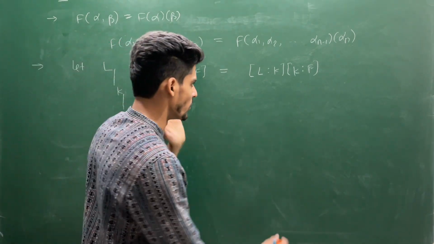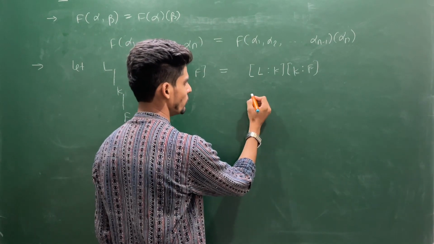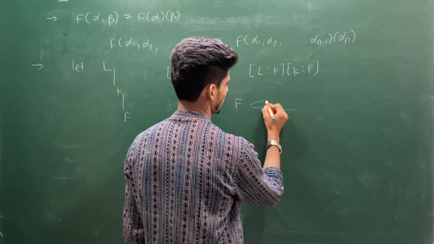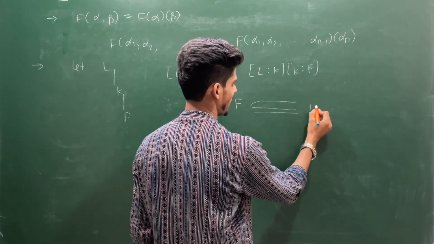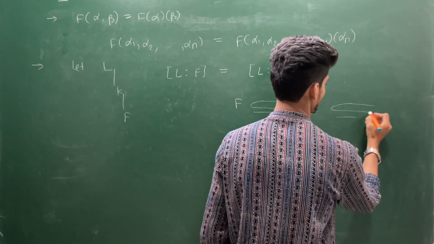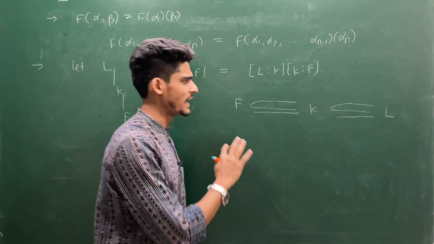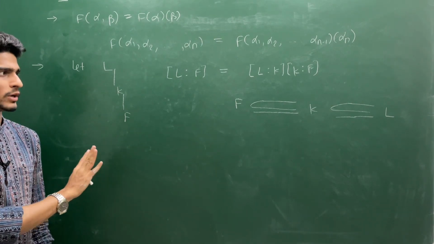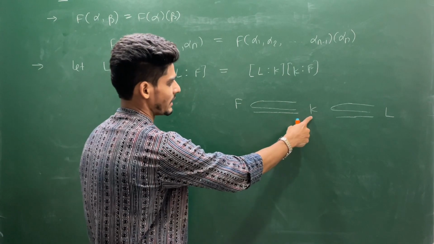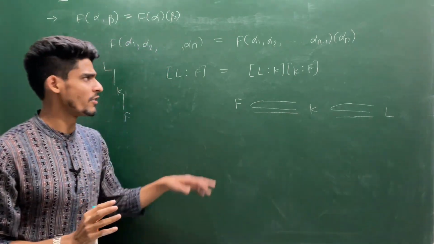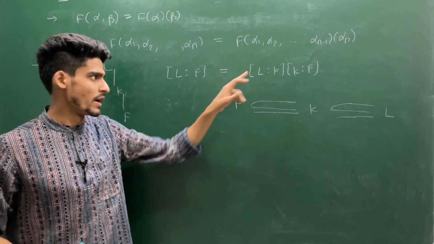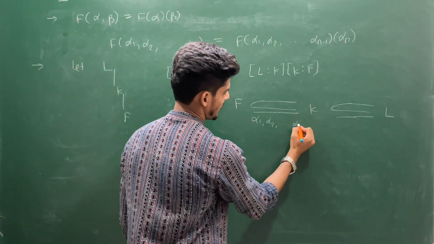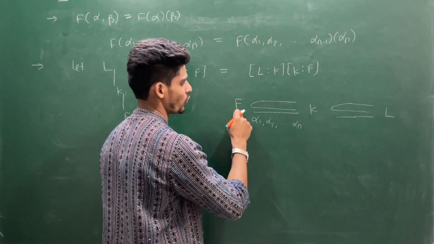Let's see this. We observe in this manner. We try to prove. Suppose this is your F, this is your say K, and this is your say L. I am not writing the proof formally, but I will give you enough hint you can write, or you can say more than enough hint. See, this K is an extension of F, so it must have some basis if I am assuming the finite case. So the finite case will give me, suppose, alpha 1, alpha 2, up to alpha n. This is a basis of K over F.